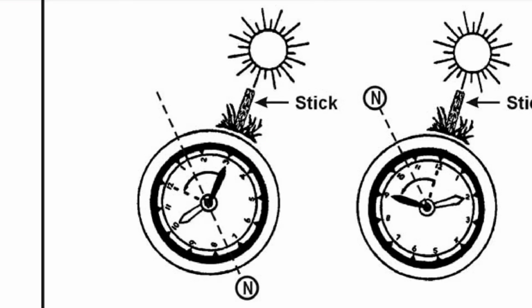Can we tell which direction is north with an analog clock? We can, with the sun and a shadow. Now, we were talking about the FM 21-76 manual. We were using the 1970 edition, and the later editions, this is from the 2002 edition of that manual,